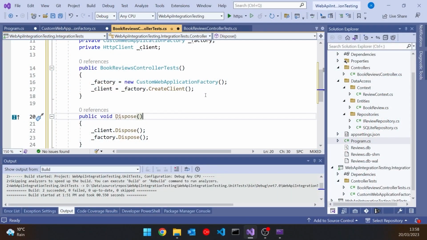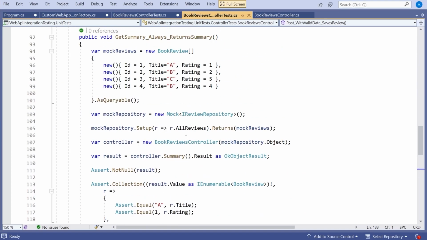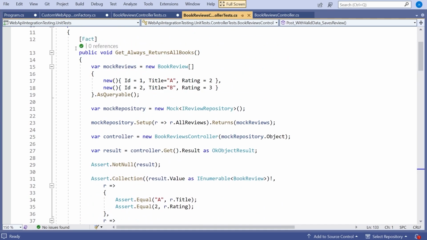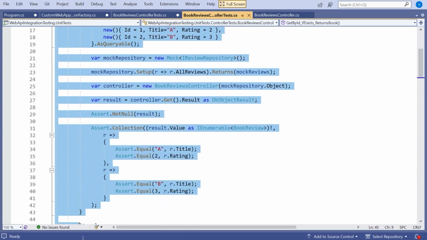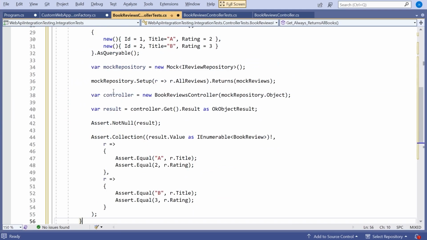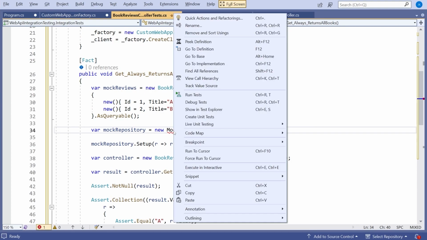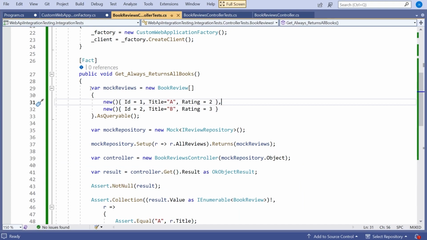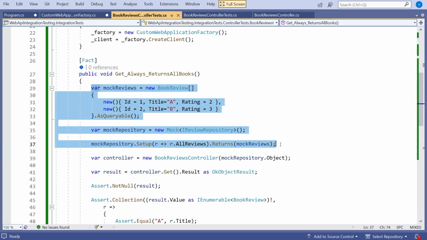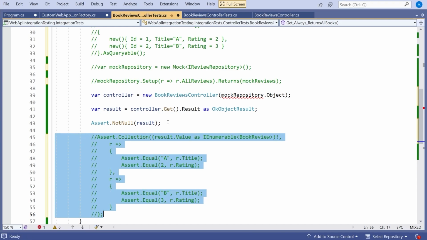Having done that, we can now start writing our actual tests. And let's actually just copy them over from the original unit test, because basically we want to test the same thing. So let's go and take the first one of these, which was the one that just checks that we always get the books. So we'll grab that and go back in here, and that will be our first test. But we've got to make a few changes. Well, firstly, we've got to get hold of Moq, so that's easy enough. But actually, let's keep things simple for now. Let's not even worry about the mock data. And so let's not compare against anything. Let's just check that we got the appropriate result.